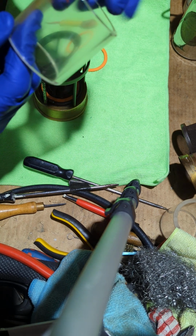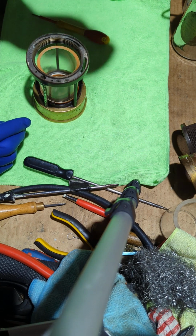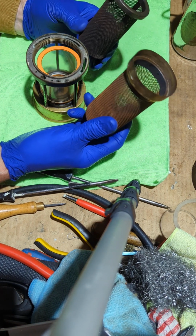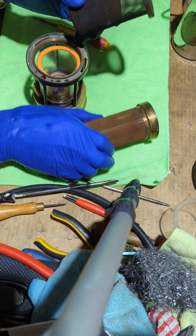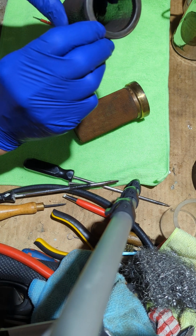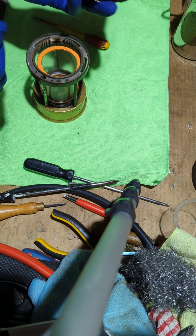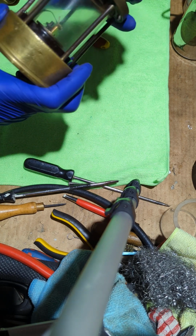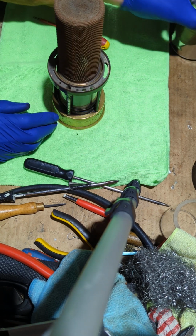Then you've got the standard protector glass. Another washer going on top, and then these are basically standard protector gauzes. The outer gauze is identical to Type 6 Garforth SL. The inner gauze is just slightly different. It's got a thicker ring, so you may need to adjust the number of washers on top of the glass to allow for that. Pop the gauze in, drop it on top, make sure the washer fits into the brass housing, and there you go,